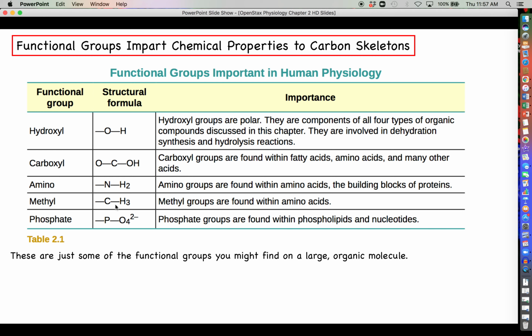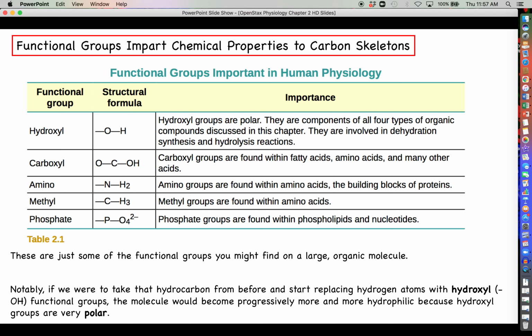Methyl groups are going to be very nonpolar. It's basically the same thing as just filling the vacancies with hydrogen, because everything you see here involves nonpolar bonds. And then the phosphate group is going to be another negatively charged one, and it will be very polar as well. Okay, so these are just some of those functional groups that you could find on a large organic molecule,